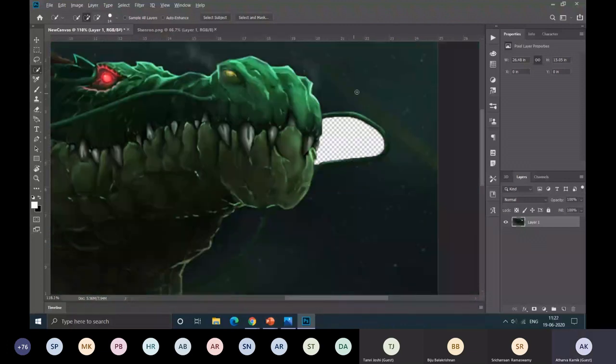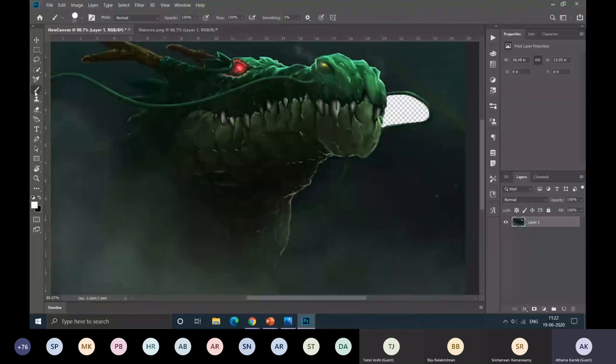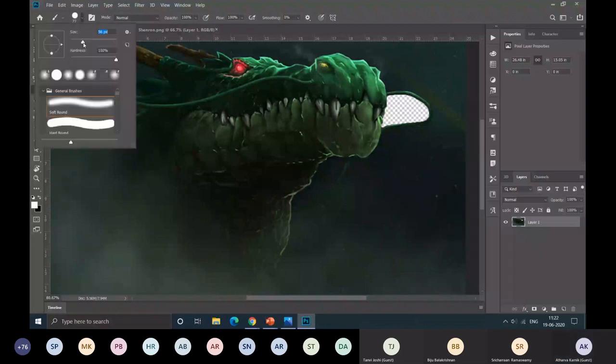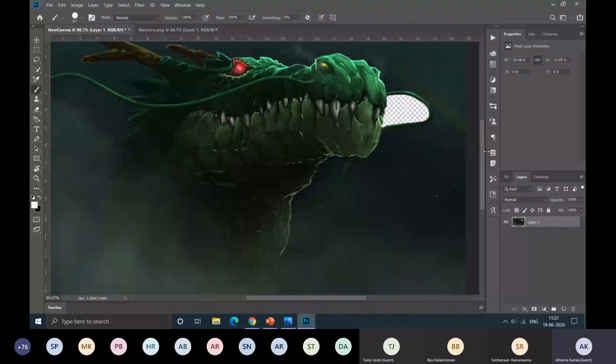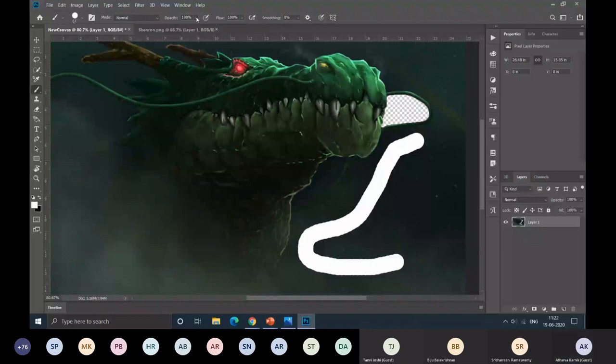The next tool is the brush tool here. There are four subtools: brush tool, pencil tool, color replacement, and mixer brush tool. We'll just be seeing the brush tool for now. Here again, you can vary the brush size from here, hardness from here, and you can select the color from here, and the color picker will appear. So let it be white for now, and you can just make some strokes here like this. If you want to make it somewhat transparent, you can go here and select the opacity. Let's select 50%. So it will be 50% transparent or 50% opaque.